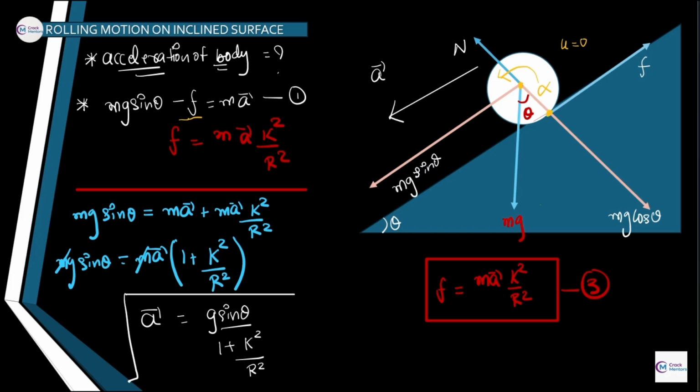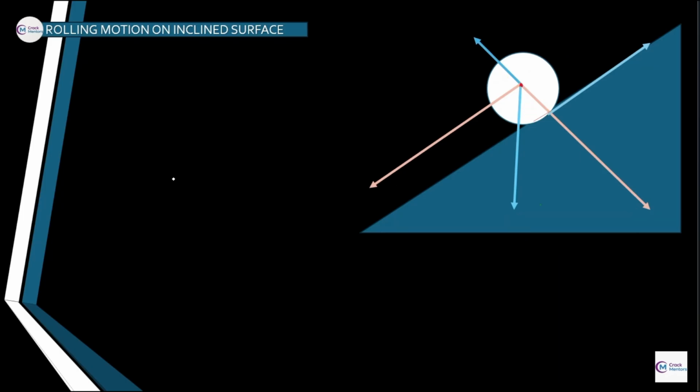Okay. Now, if I have cleared each and every point, let us move on to the different part, velocity. I have made the box. Let me put a line over here as well. Now let us talk about the velocity. First of all, this is the value of acceleration, the formula that we know. Acceleration is nothing but g sine theta upon 1 plus k square upon r square. This is the acceleration that we are having.